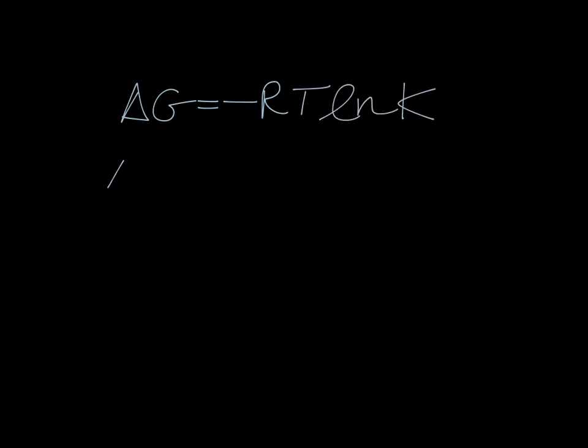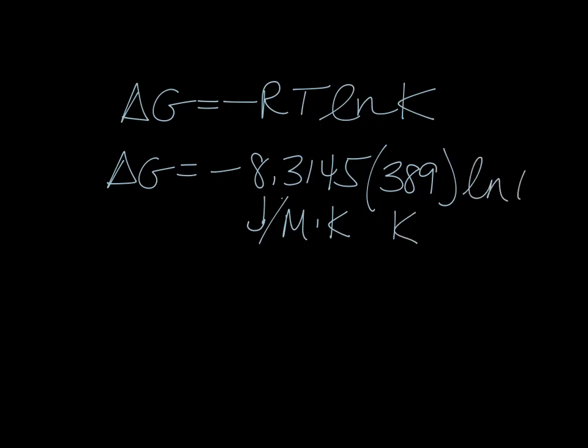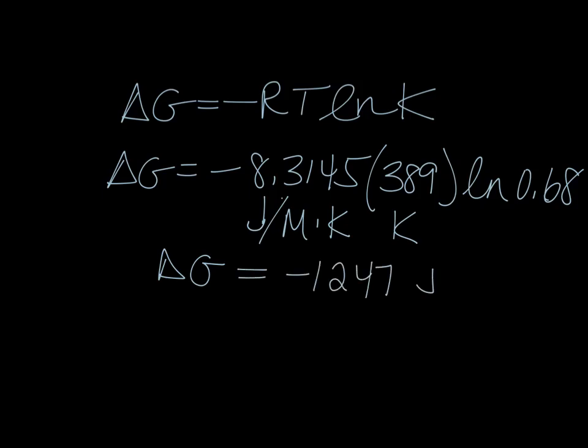So then on the next page, I'm going to start with K, and I have delta G equals negative RT ln of K. So we're finding delta G. I know my R is 8.3145, and that's joules per mole Kelvin. I know my temperature is 389 Kelvin, and I need the ln of 0.68. So when I do the math on that, I'm going to get delta G equal to negative 1247 joules per